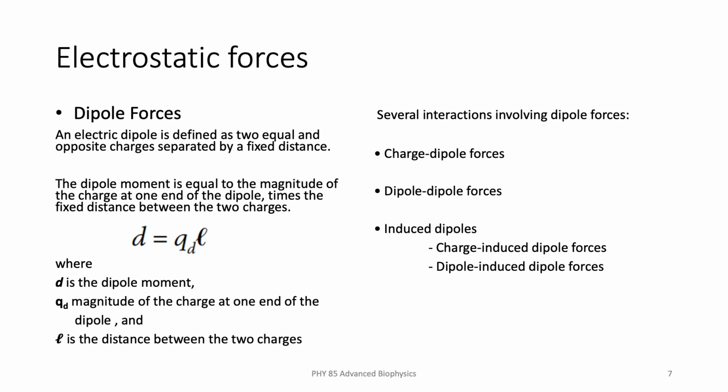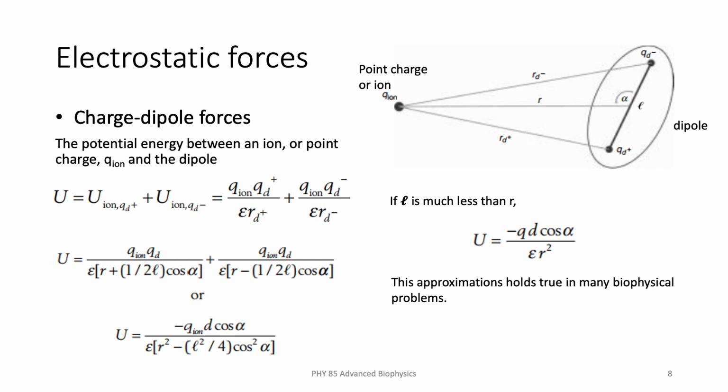The dipole moment is equal to the magnitude of the charge at one end of the dipole times the fixed distance between the two charges. Suppose we have a neutral but polar molecule. We can represent this molecule as a dipole of two opposite charges, Q plus and Q minus, separated by a distance L. The potential energy between an ion or point charge and the dipole is simply the sum of the